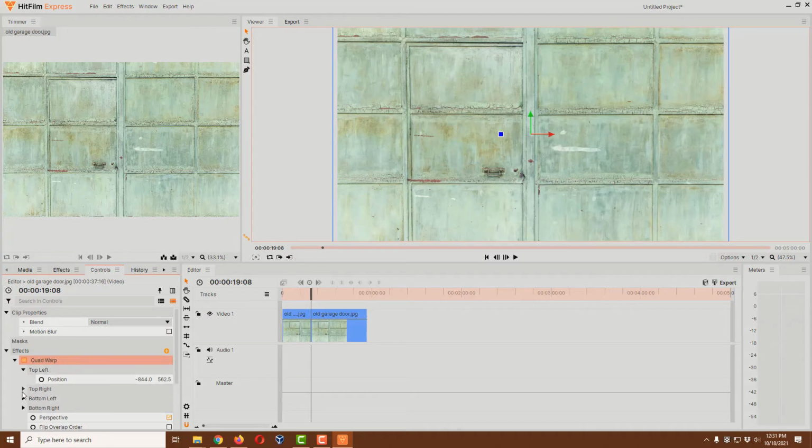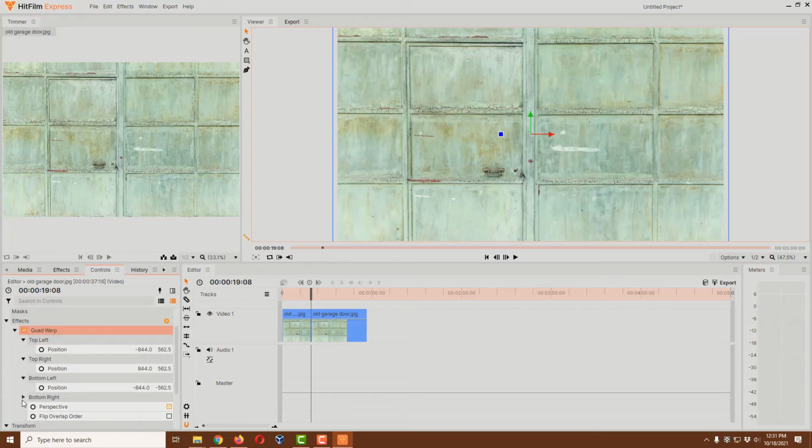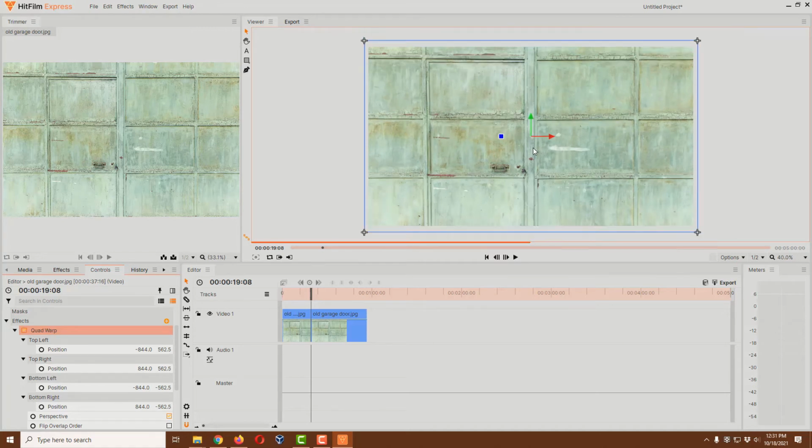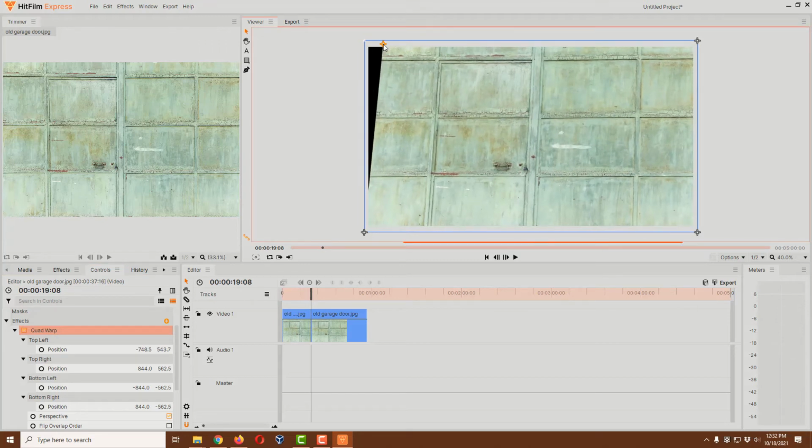And what I'm going to do is open up these position settings, just so you can see them change as I move them up here. So I'm going to zoom out slightly again so I can see my quad warp. See these little cross dots here? These are my quad warp handles, and if I get a hold of this guy and I drag this in,